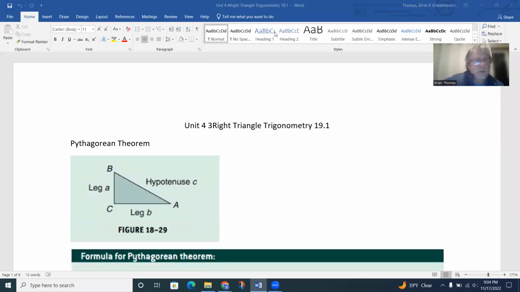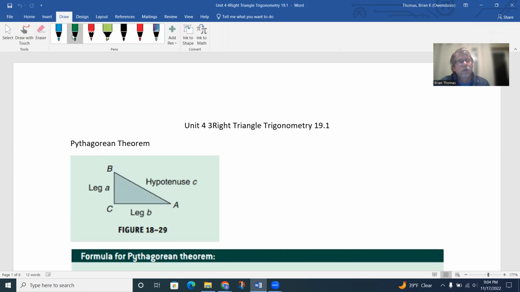So as we move into chapter 19, this is going to involve right triangle trigonometry. So we have this word trigonometry that we're dealing with. This may be new to you, trigonometry. Trigonometry is kind of the study of angles and sides. It kind of puts the two together. And one of the shapes we start with is what's called a triangle, or more specifically, we work with a